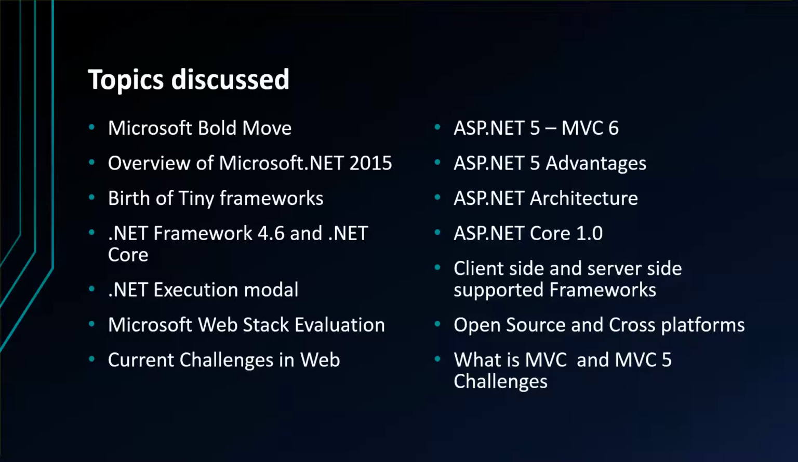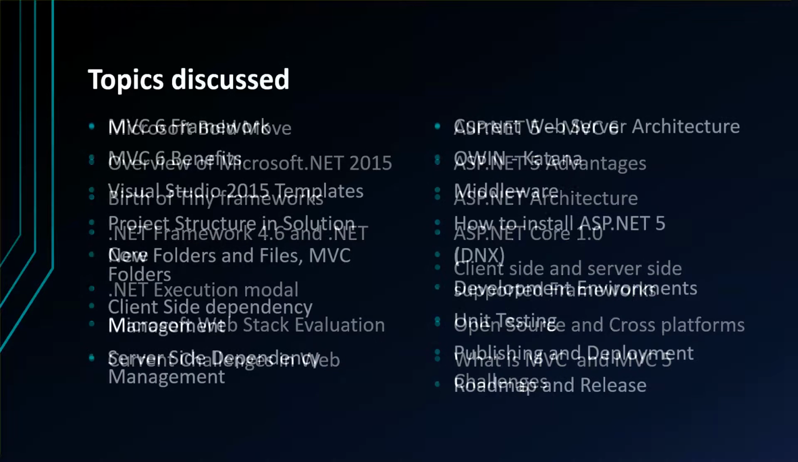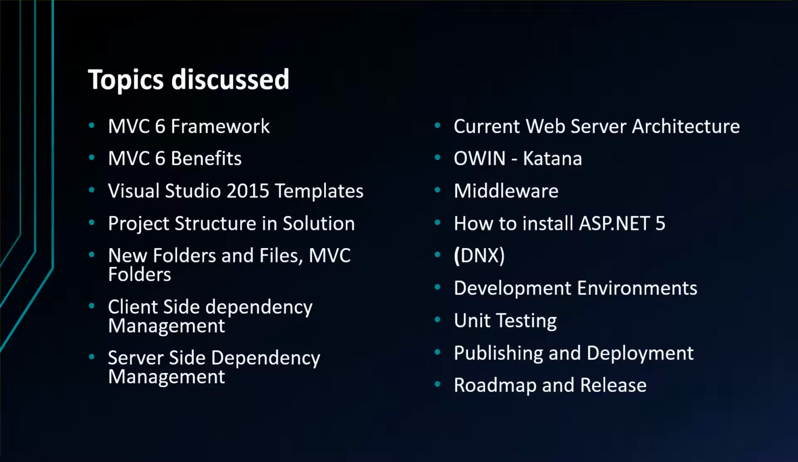ASP.NET 5 architecture, and ASP.NET Core 1.0, and why Microsoft recently renamed ASP.NET 5 and MVC 6 to ASP.NET Core 1.0. And I also discussed client-side and server-side supported frameworks, and how MVC 6 and ASP.NET 5 fit the new world of open source and cross-platform. And I finally discussed what exactly MVC 5 is and the current challenges in MVC, and how these MVC 5 challenges are resolved in the MVC 6 framework, and MVC 6 benefits, and